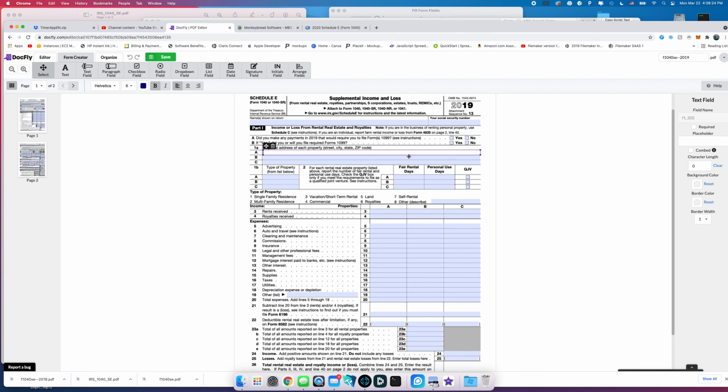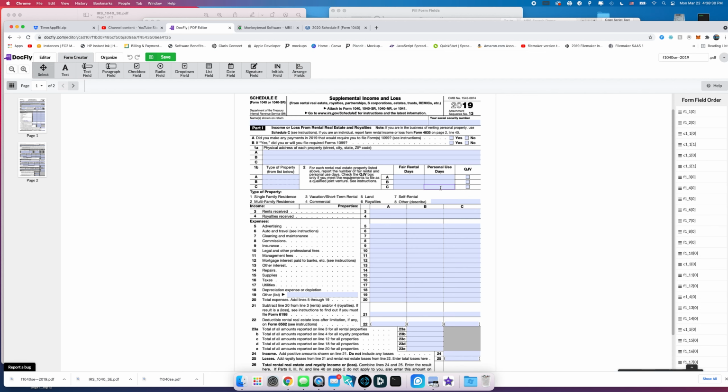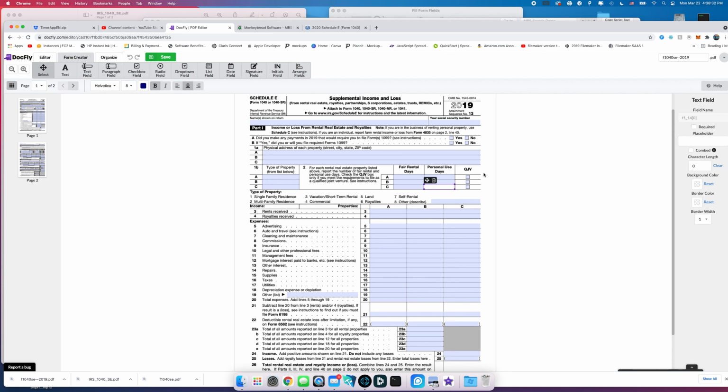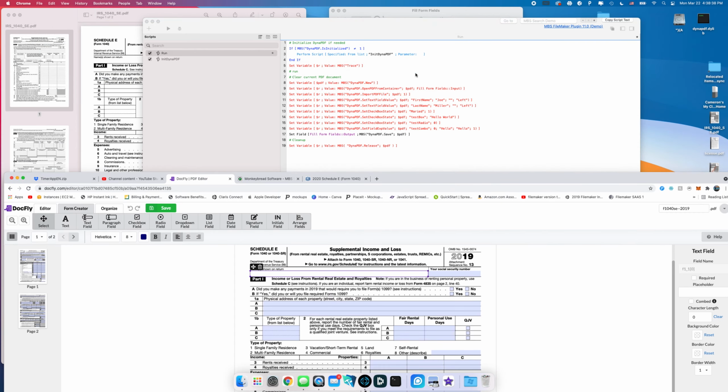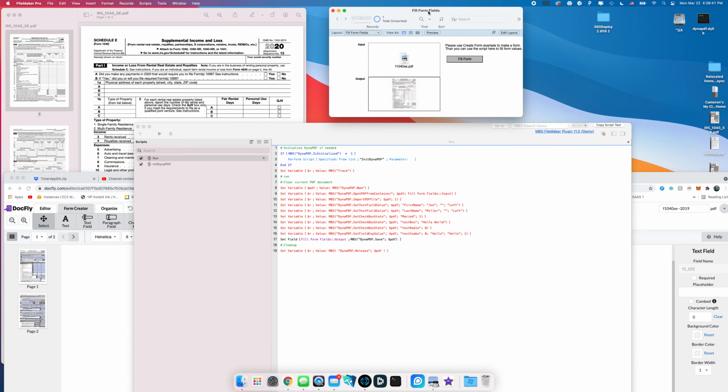So the way I went around doing this is, instead of using the PDF that already had the field boxes already completed, I tested the last solution that I can think of, which was creating my own fields. So I would go in here and delete this field and then create my new field. And as a test, I just